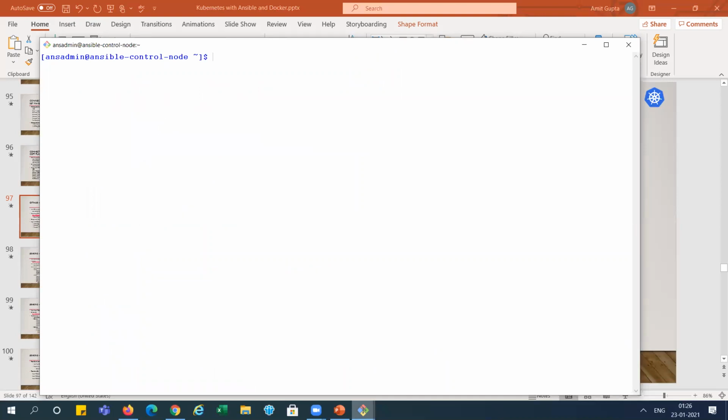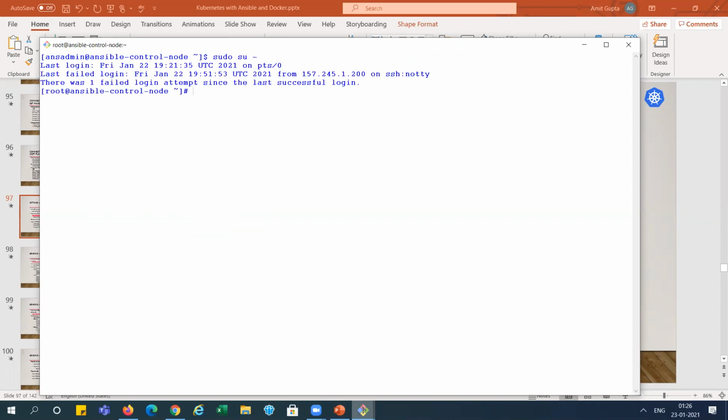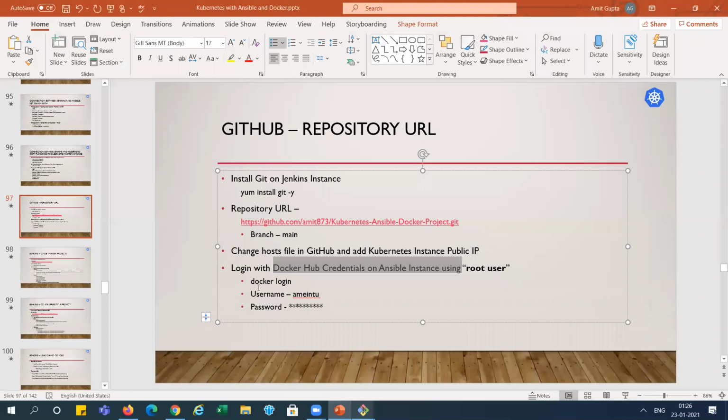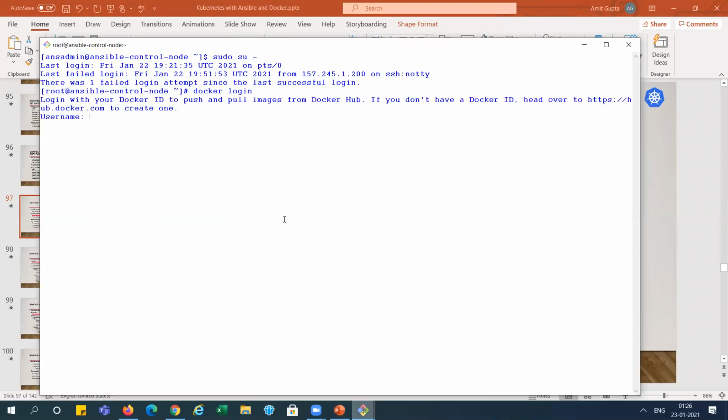Ansible system we have, I think this one is the Ansible server, right? So I'm logging in with the sudo user. And I am running this command, docker login, and the username I am using here. This is the user you can use here for login.